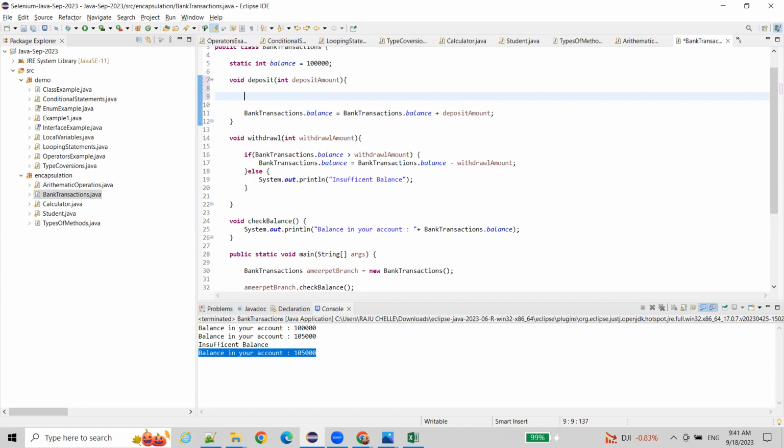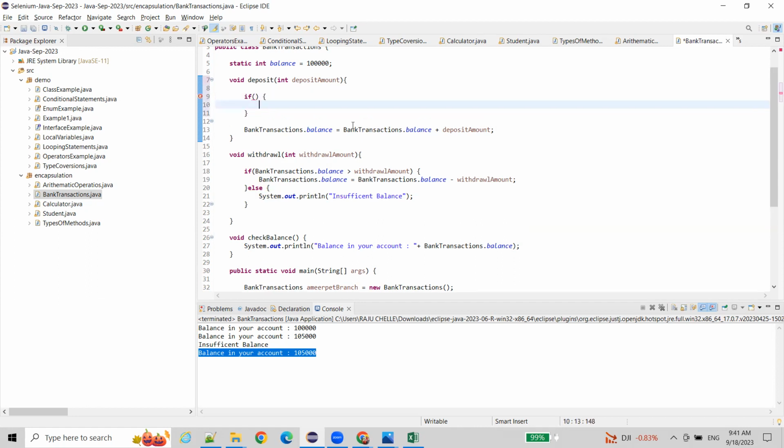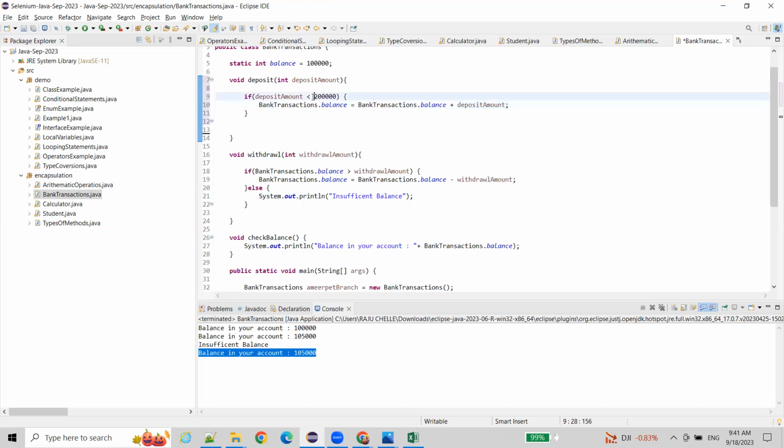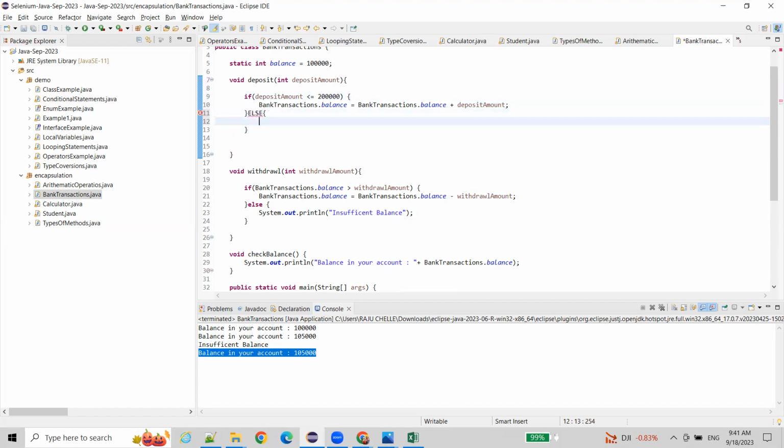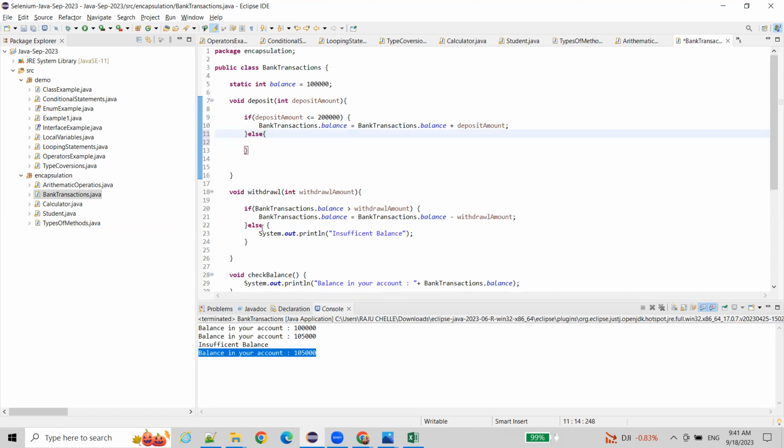Suppose you want to put the conditions, if my deposit amount, generally for savings account I think 2 lakhs, is lesser than or equal to 2 lakhs, then I will allow you to perform this operation. Else,